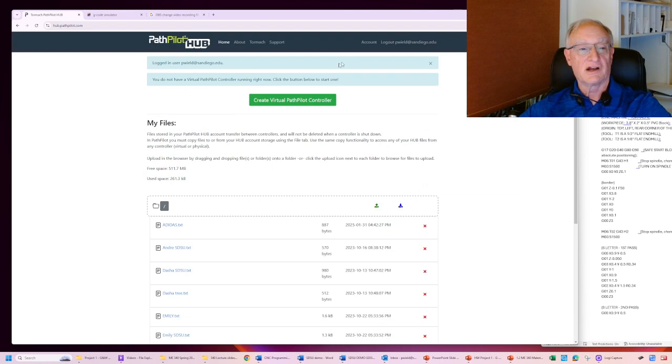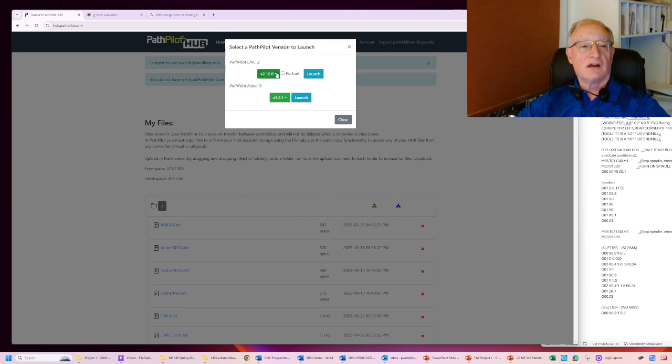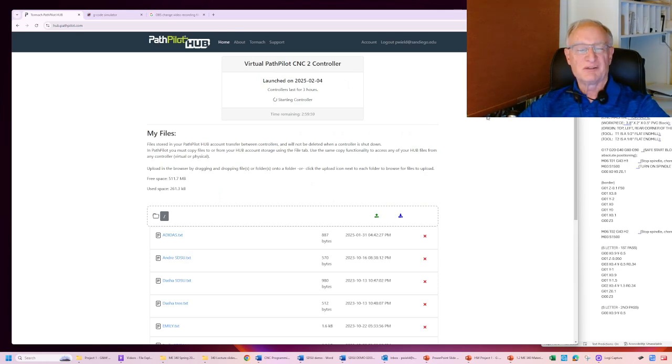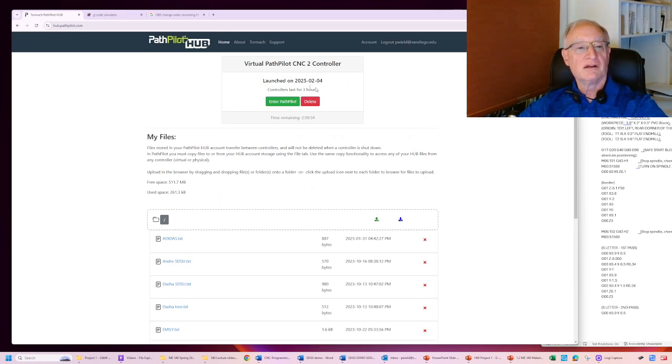So we've got it on our USB drive. We've got to take that over to our virtual controller. The controller, there's some different versions of it. I just picked the older one. I'm not sure which one was used for the instructions that I wrote you. They're all pretty similar, and it'll be pretty intuitive if you're on a different one, so I wouldn't worry about it too much. I'm going to enter the Path Pilot